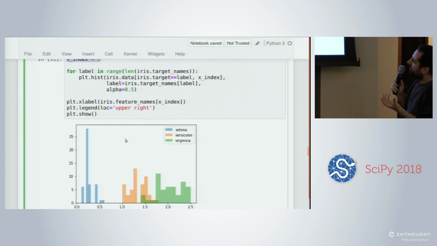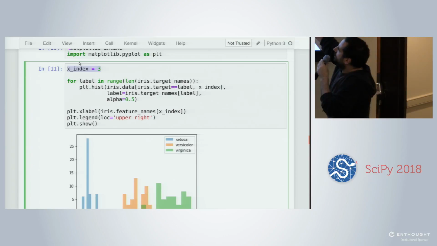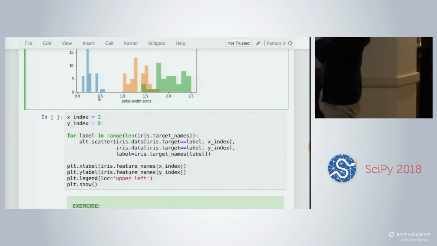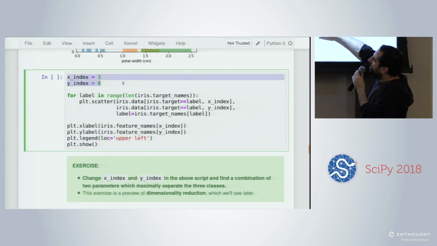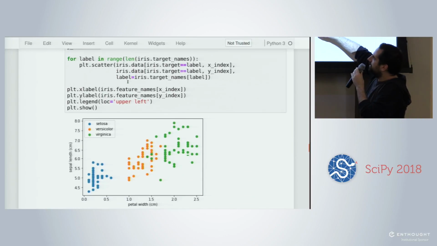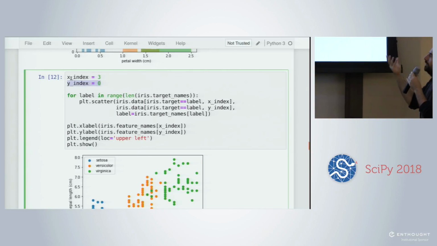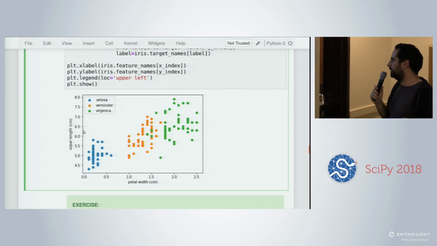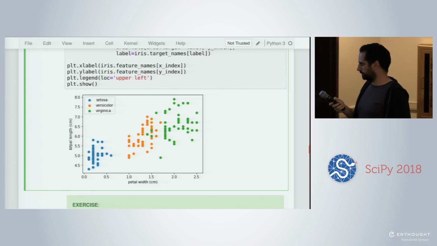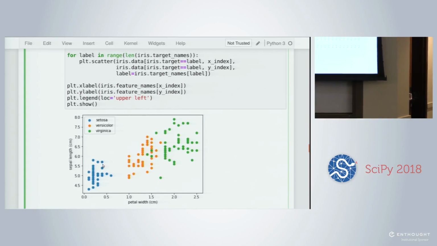And what it means is that, if we print the target again, here it's the first species, this is the second species, and this is the third species. And there is no meaning in the absolute values of those numbers. It doesn't mean that this species is closer to this one than this one. You cannot compute the difference between the species by computing the difference of those numbers. They are just indicator values, categorical variables. And we'll see later that this is something you have to take care of when you process categorical variables.